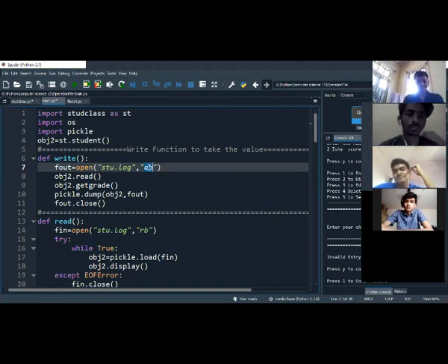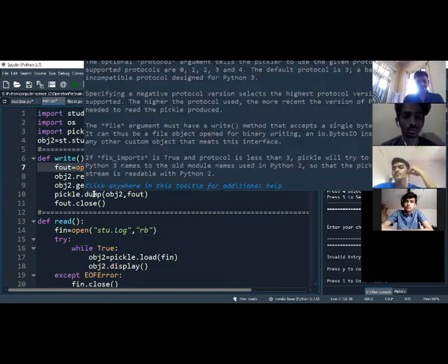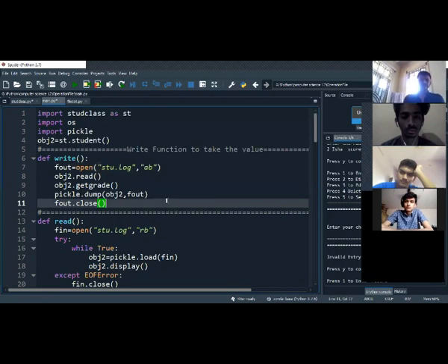If I don't write dump, it will not write on the text file. I told you to read about flush, dump, and load. In dump, it is dumping on the text file. Clear?